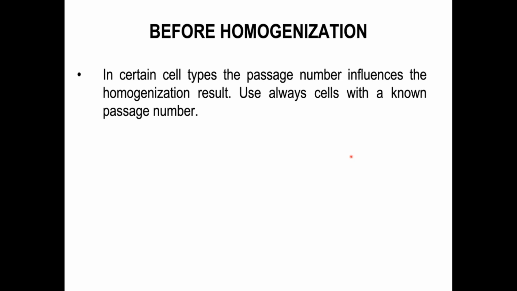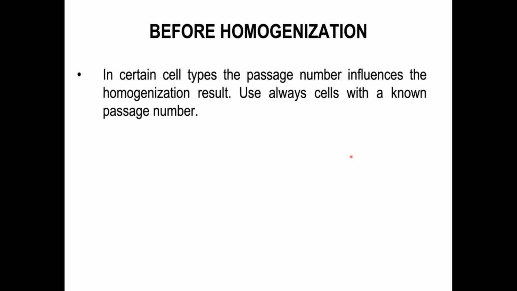And this directly correlates with the quality of the homogenization results. So in other words, cells that are passaged over long periods of time turn on an aging program. And when cells go into senescence and age, they change their shape. Cells that had a size of 20, 30 micrometers in diameter and were very nicely round or cubic in form